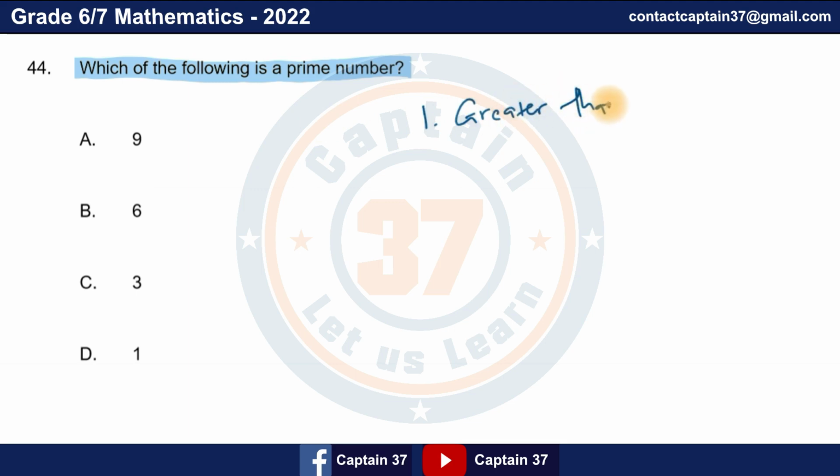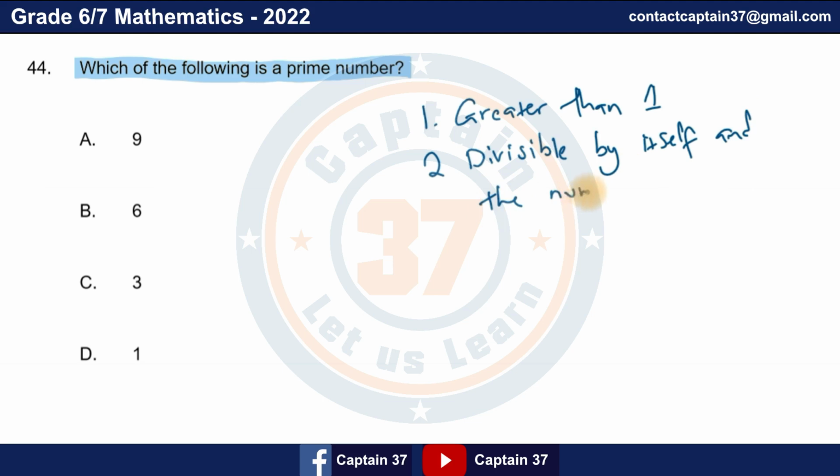than 1. A prime number is, number 1, a number that is greater than the number 1. Number 2, a prime number is only divisible by itself and the number 1. What this means is that a prime number can only be divided by 1 and itself